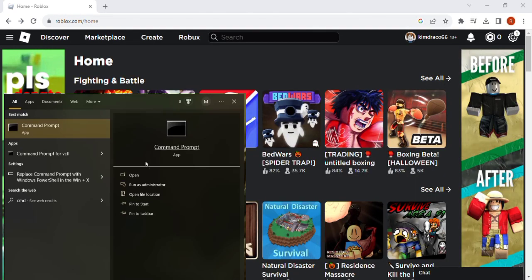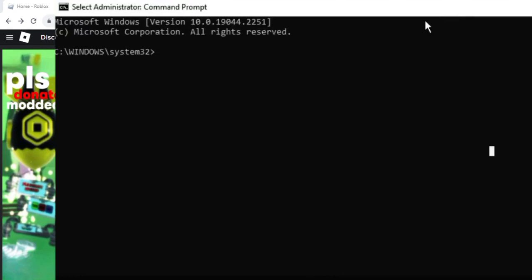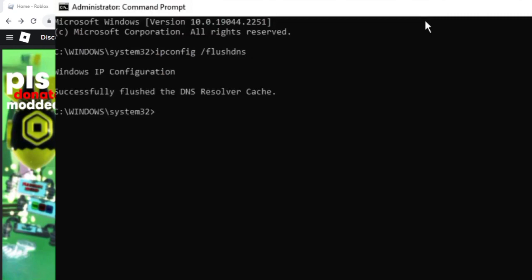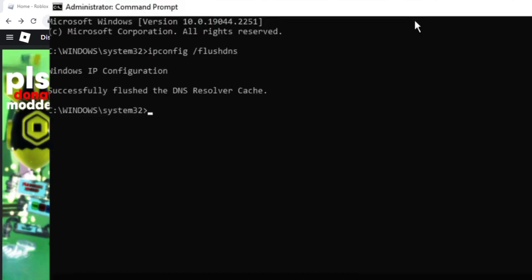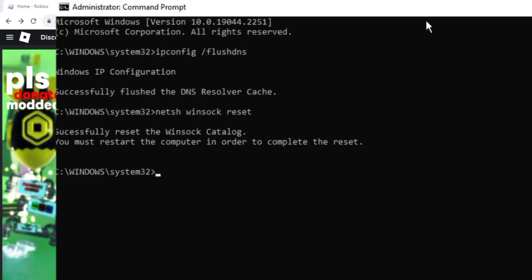Type cmd and run as administrator. Then yes. Execute the following commands. Type ipconfig /flushdns. Hit enter. Type again netsh winsock reset, then enter. Finally, type